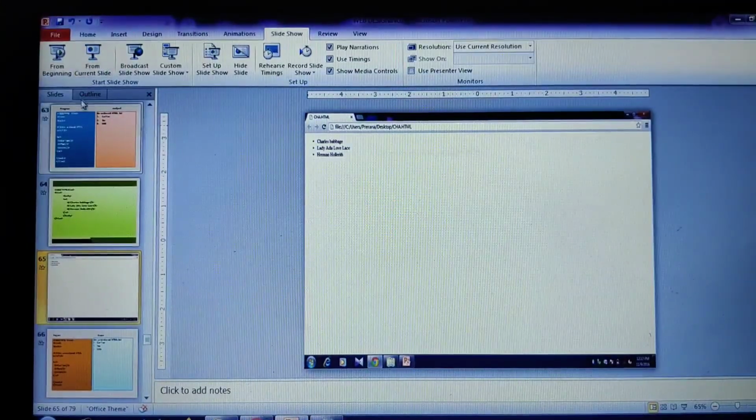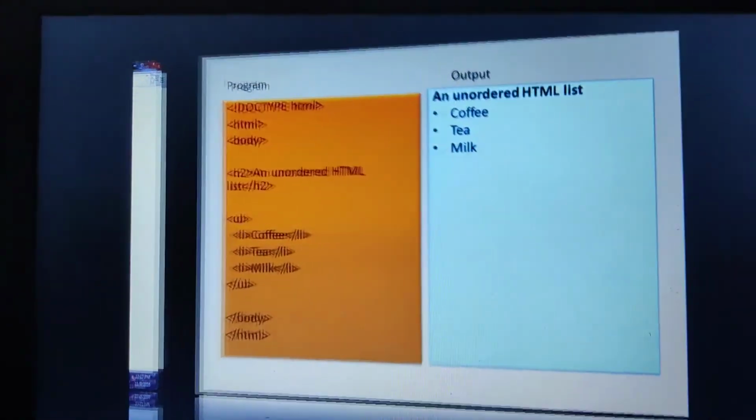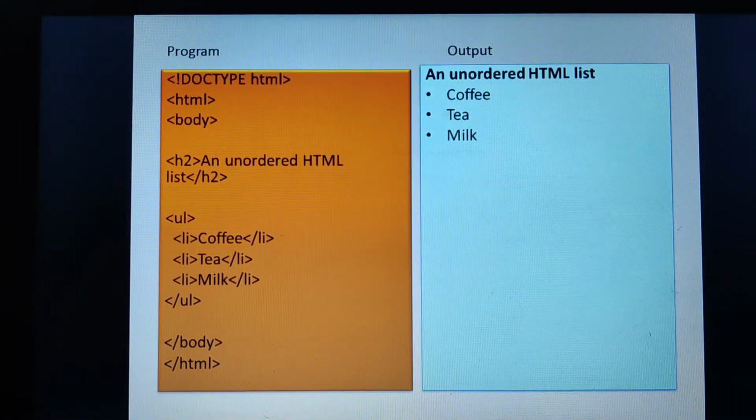We don't have a particular pattern here, right? So again, let us move on to a different program here. But here coffee, tea, milk, I've just replaced the ol tag with the ul tag here. The same program when you execute here, I'm just getting the output in terms of bullets. I hope you are able to